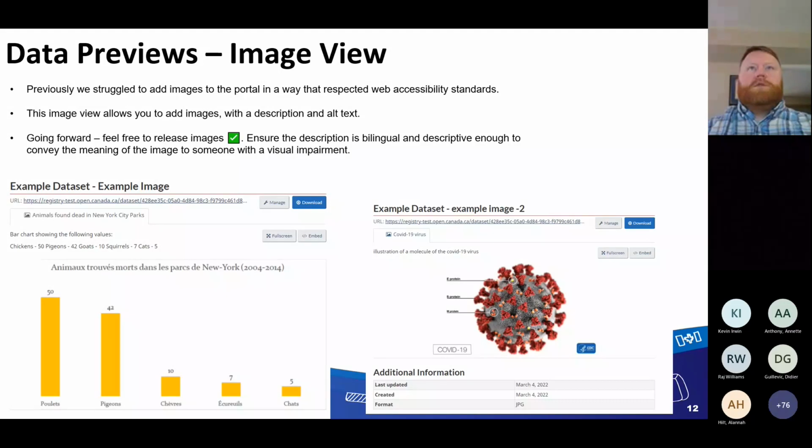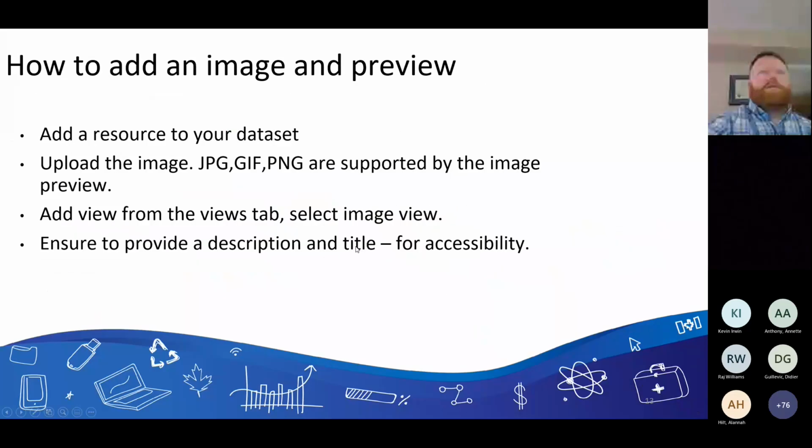So we feel by offering this new image view, you'll be able to add an image along with the appropriate description in alt text. So we're super excited about that. We're hoping that folks who have relevant images that they would like to release on the Open Data Portal will make use of this image view. To add an image view is very straightforward,